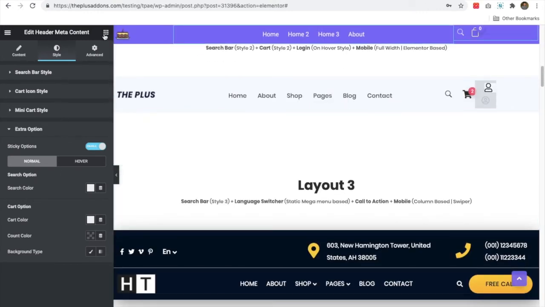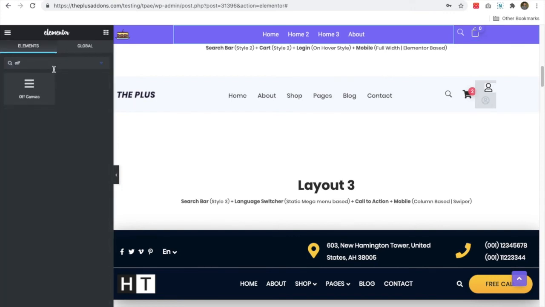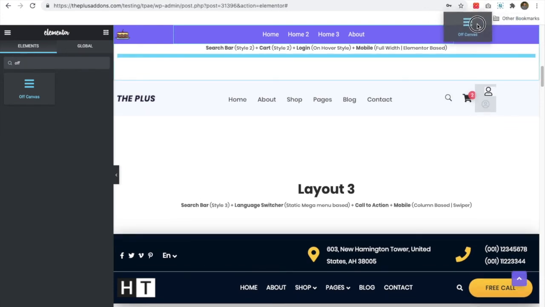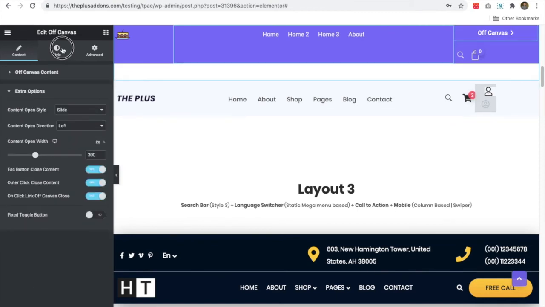Right. You also can use off canvas, where you have options for the sticky option.